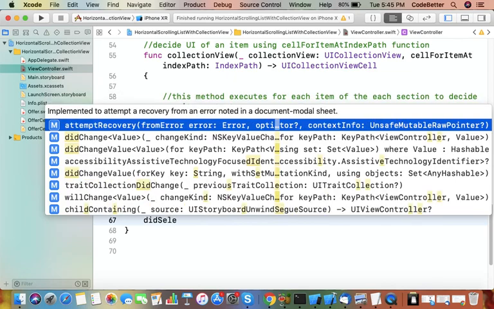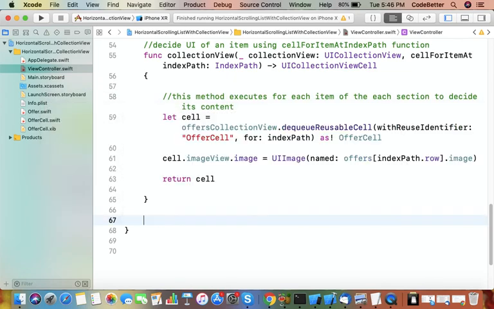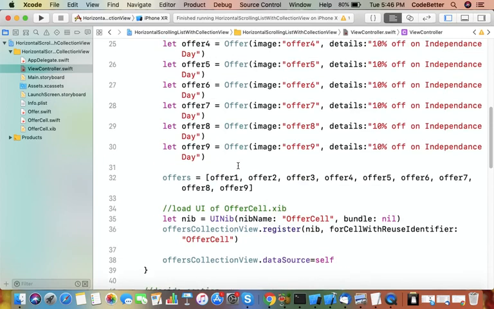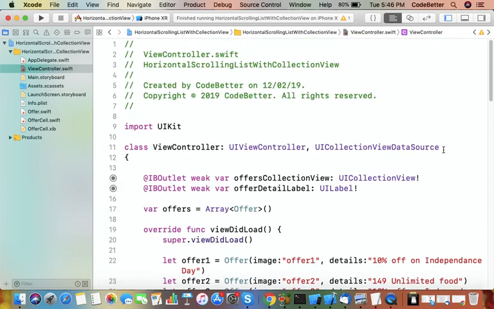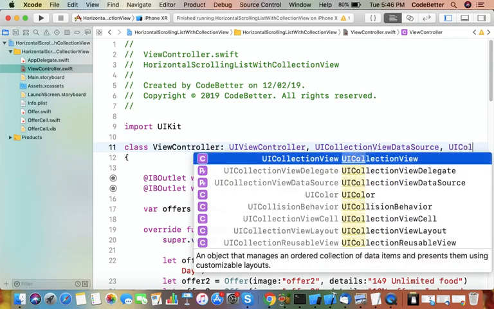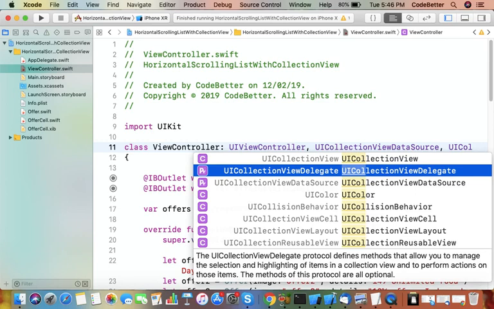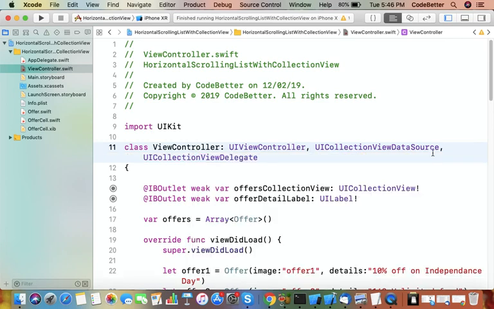But the didSelect method is not in the protocol that we have implemented. So to handle the didSelect event, we have to implement another protocol, UICollectionViewDelegate. This gives you the methods to manage the selection of items.